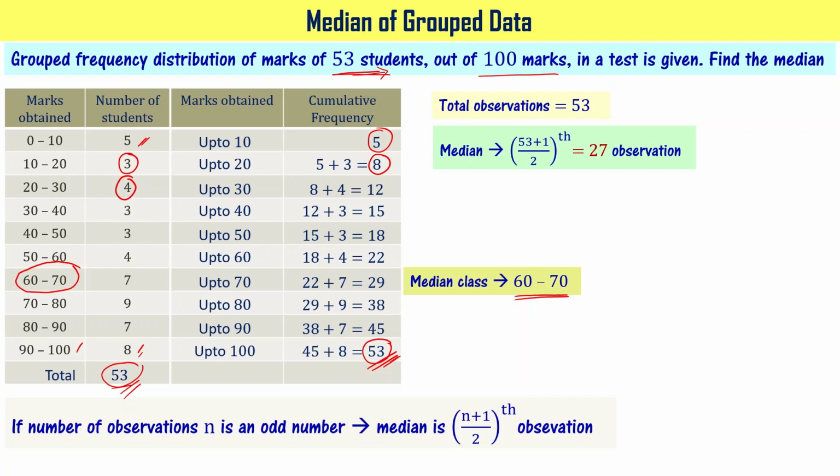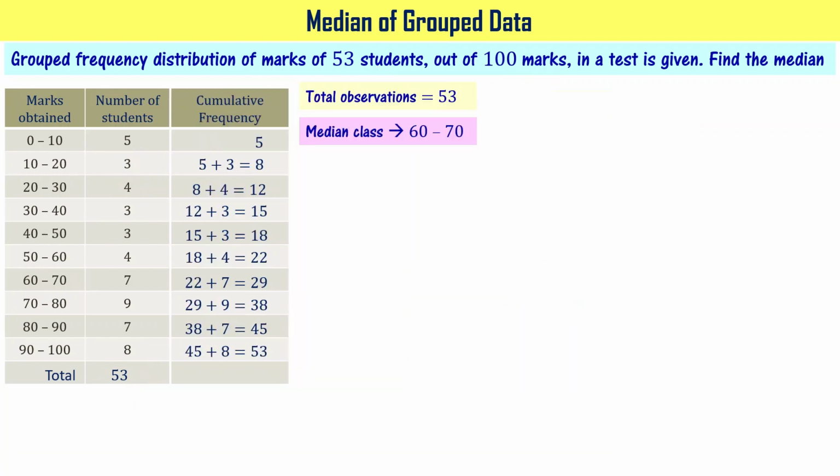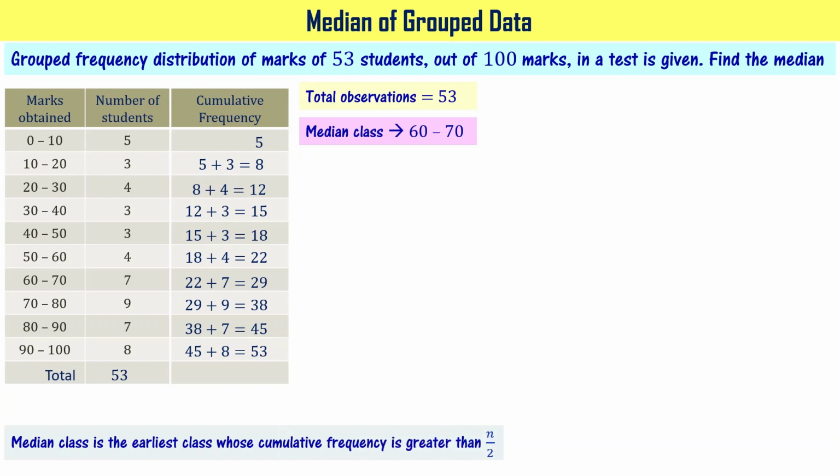Okay. If it is a single number, we could have simply said that the median is so and so. But since here the class is given, we say the median class is 60 to 70. It means the median is going to be a number between 60 and 70. Okay. Let's now learn how to get that. Let's take a note of this. Median class is 60 to 70. When you have such a scenario, median is defined as L plus (n by 2 minus CF) divided by F times H.